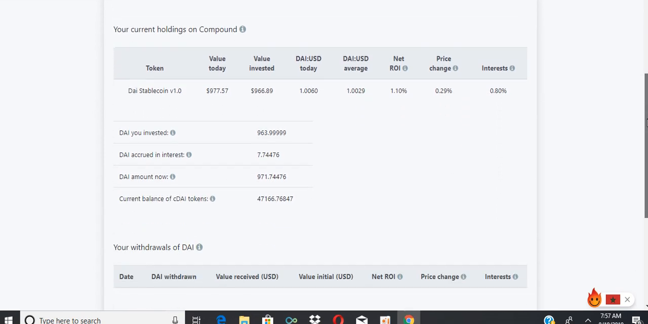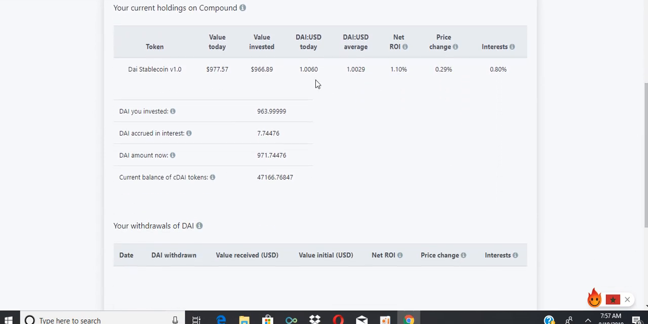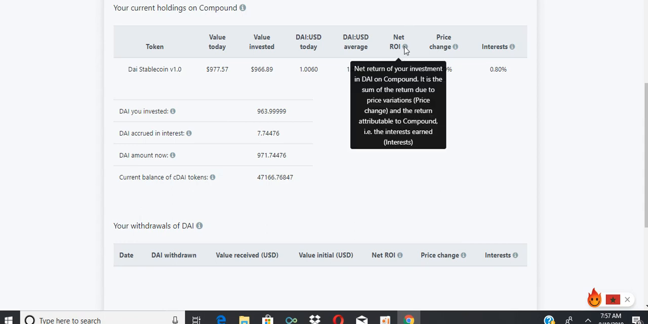If we scroll down, we can also see the same stats of the DAI stablecoin. The value today of 977.57. The value when invested 966.89. The DAI versus USD peg today is 1.006. The DAI to USD average is 1.0029. Net ROI, which is the net return of your investment in DAI on Compound, it is the sum of